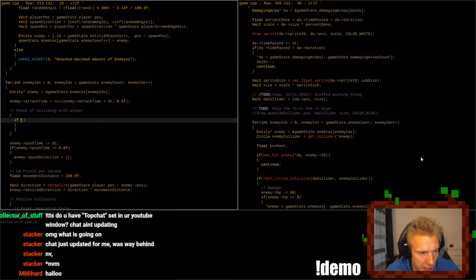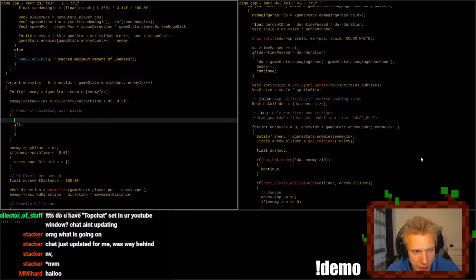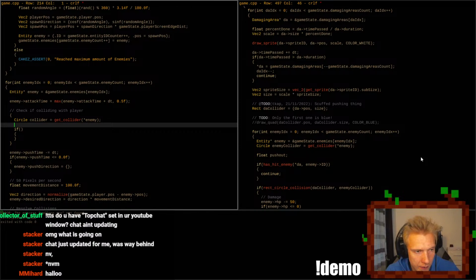Anyway, so we do the if here. If we are colliding, so let's see. We need to have our collider. Get collider from the enemy. And then we have the player collider.